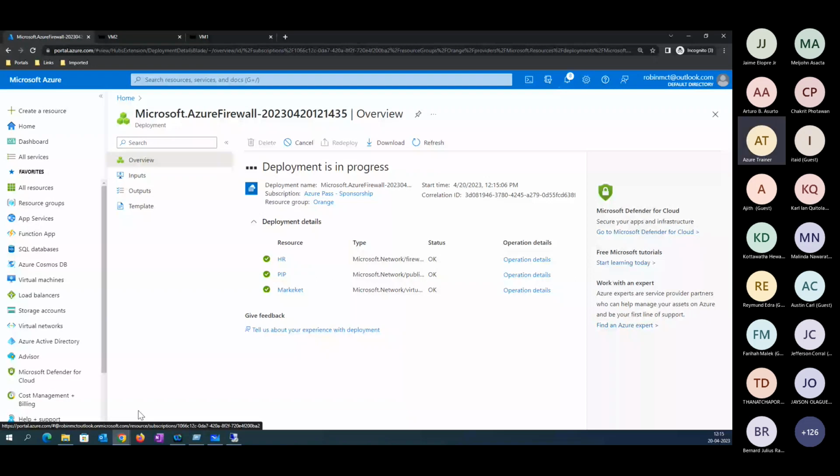We are waiting for the deployment to progress. We are waiting for the firewall to get created.